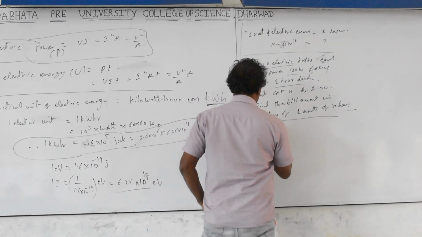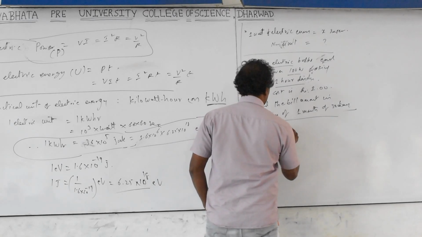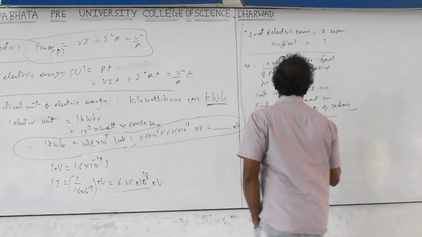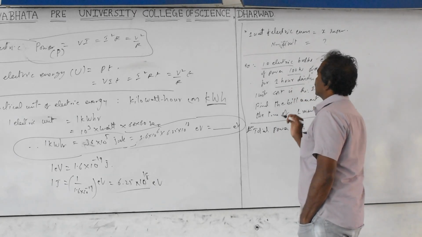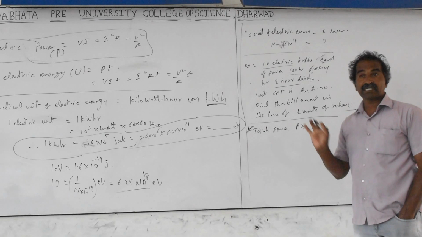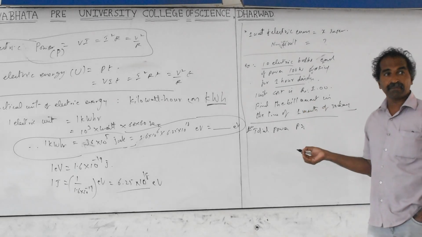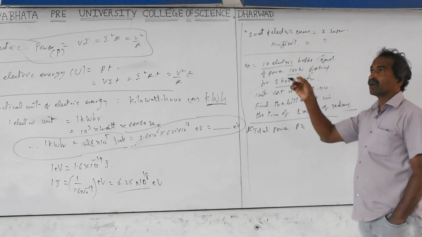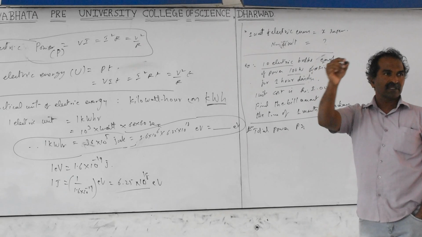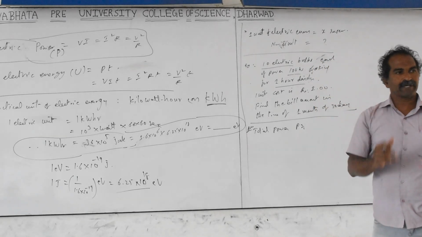Total power is nothing but the number of bulbs times the power of each bulb. If the bulbs are not identical it becomes a general problem, but here the problem is given with identical bulbs only. This is asked only in competitive exams, and it has not been asked so far in the board exam, but maybe in future. In case you are given different devices, fan wattage, TV wattage, different units, you have to add all the powers and take the total power.